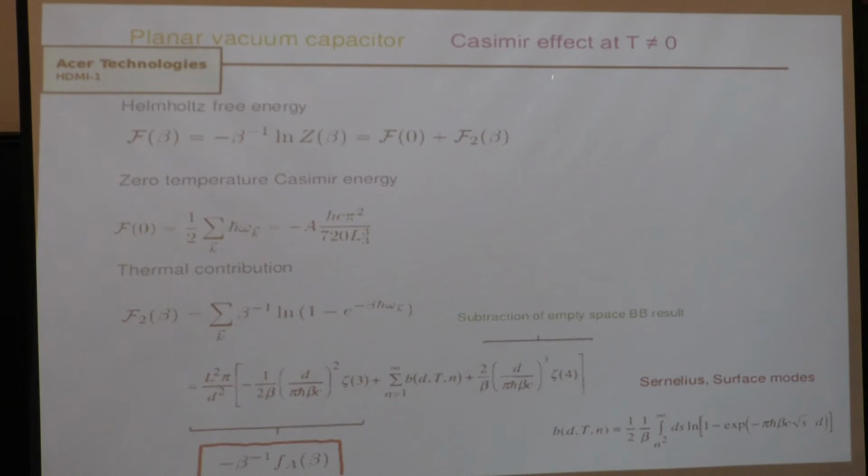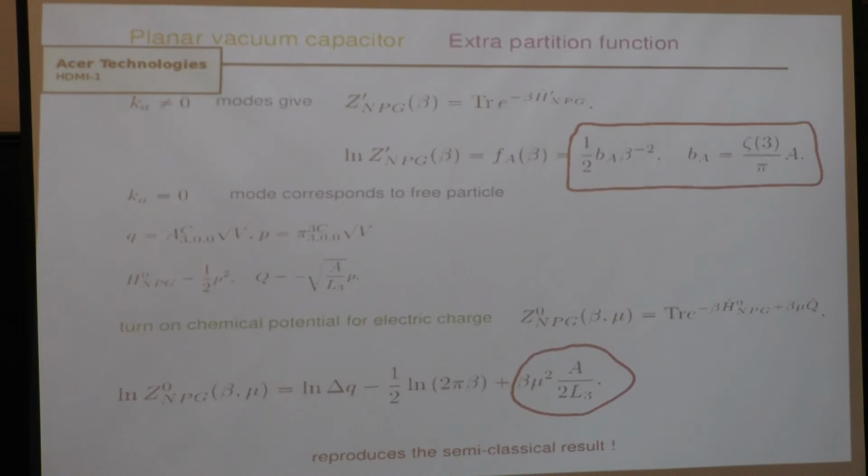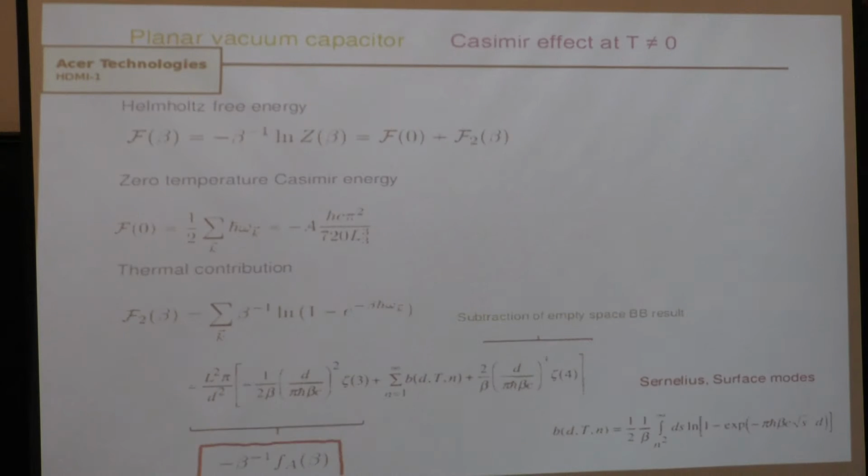If you want to understand the relation to the Casimir effect at finite temperature, you can ask what is the contribution. So how does the computation go there? You compute the Helmholtz free energy in that case. There is the part at zero temperature, which is just the zero energy contribution, which is the standard Casimir effect that you have here. And then you look at the thermal contribution from this additional scalar, and you take any,